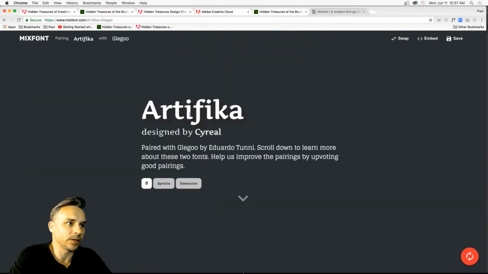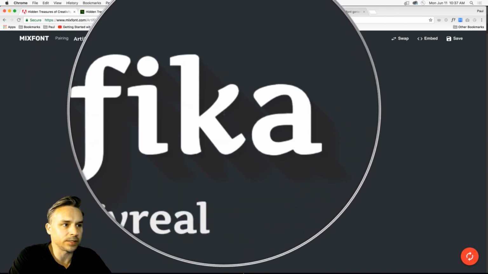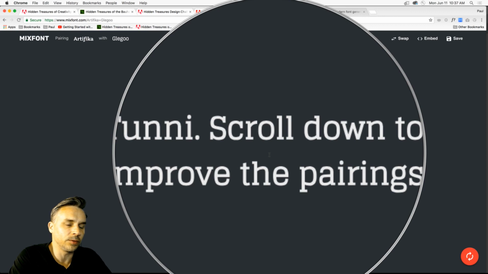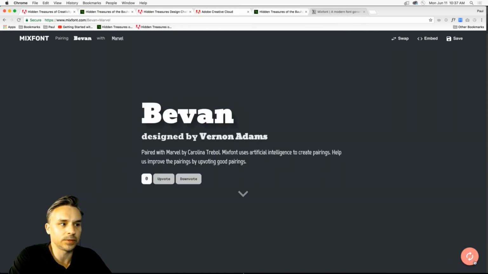Every single time, what they're going to do is they're going to have this heading font that's pretty artistic and fun, and the font below it will probably be easier to read. So that's probably what they'll do, right? They'll compare those two. But I'm going to go one beyond that. Okay, so this is kind of more my style.